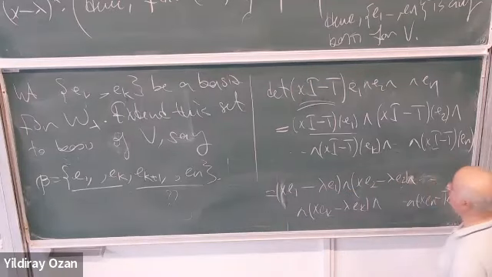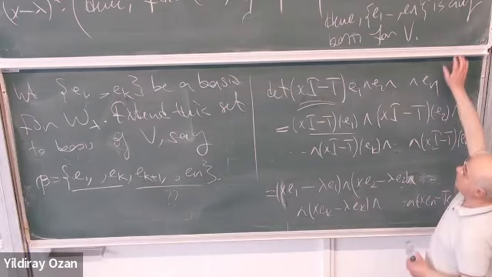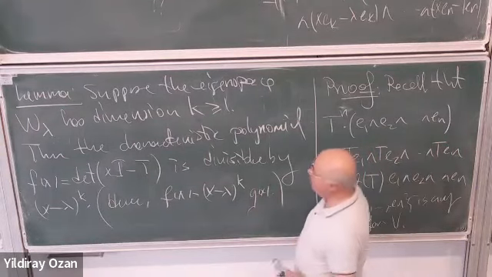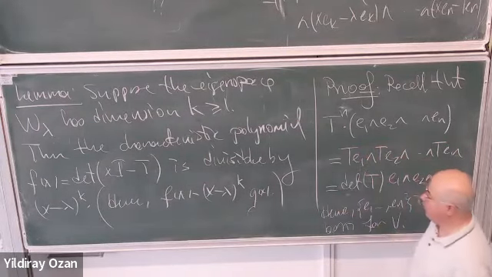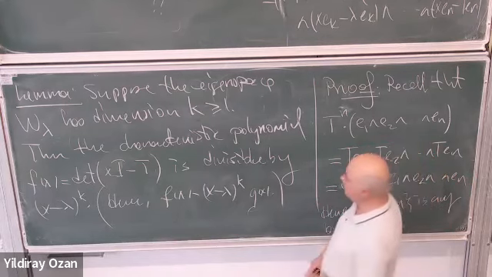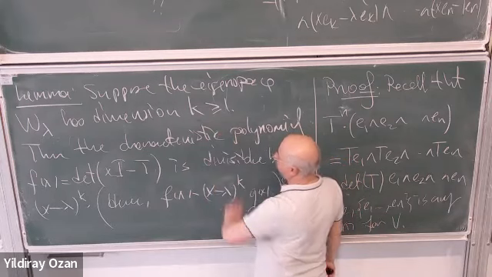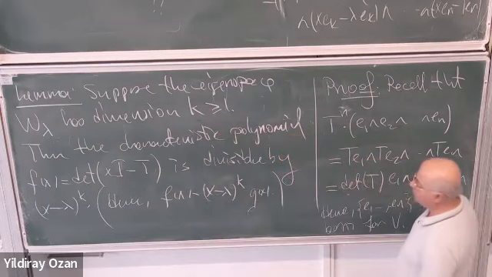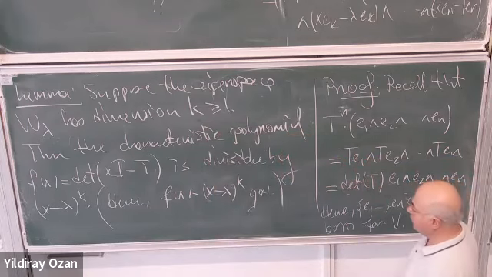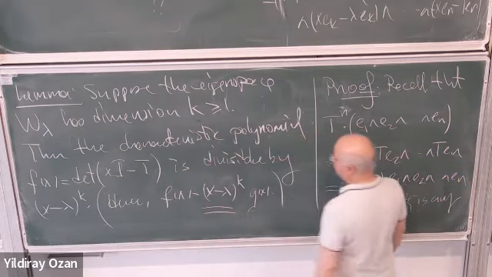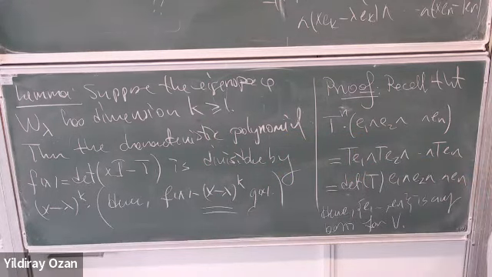All right, so we were trying to prove this lemma, which says that if we have an operator on a finite dimensional vector space, and if it has an eigenspace of dimension k for some eigenvalue lambda, then the characteristic polynomial is divisible by x minus lambda to the power k. To prove this, we just recall the following